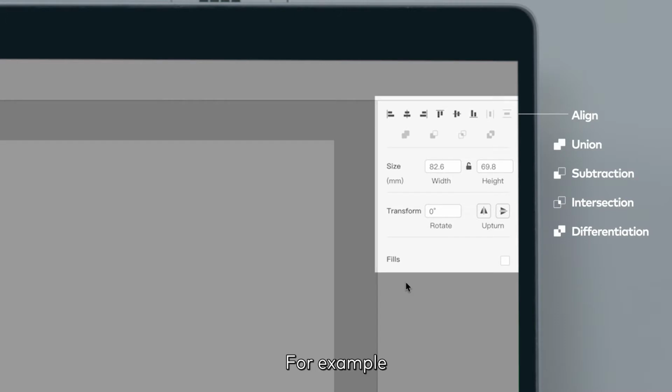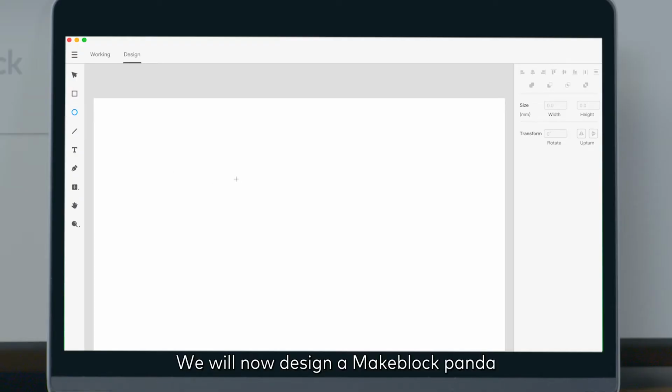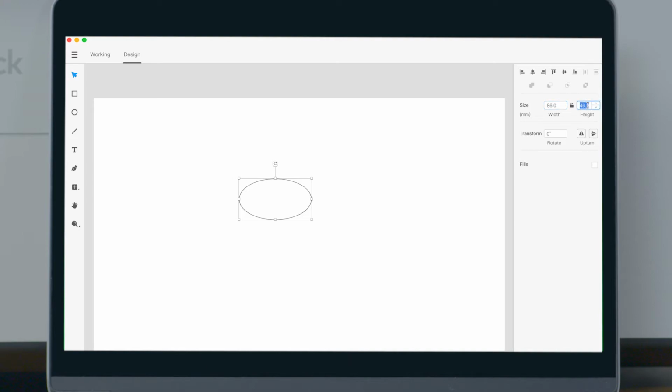For example, quickly merge images using the boolean operation: exclude top layer, opt-in overlapping images, exclude overlapping images, or align, flip, or rotate images. We will now design a make block Panda to demonstrate these functions. Insert images, set angle, adjust image size, merge images, align images,